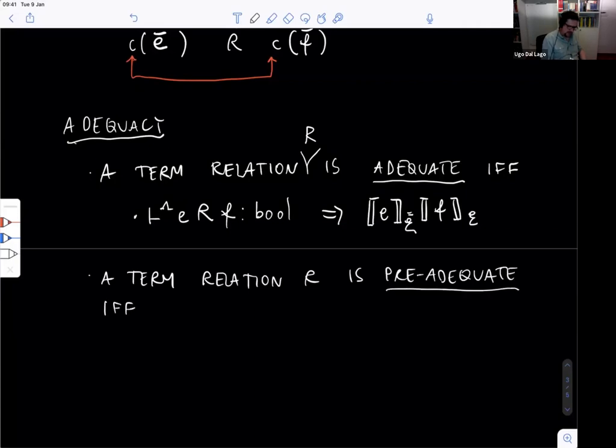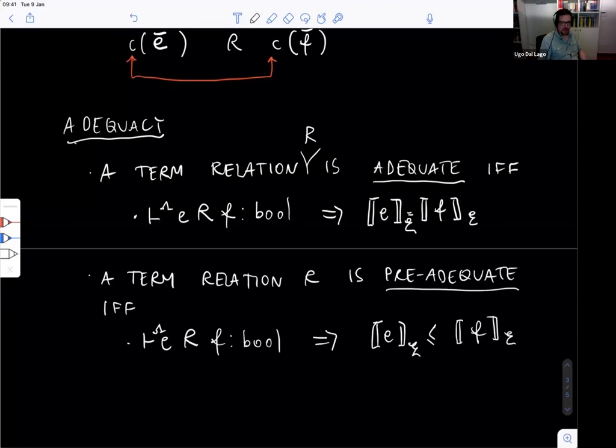If and only if. Well, with the same hypothesis, but it doesn't necessarily hold that the two values, two semantics values, are the same. Actually, one must be smaller or equal to the other one in the sense of the values of partial functions. So